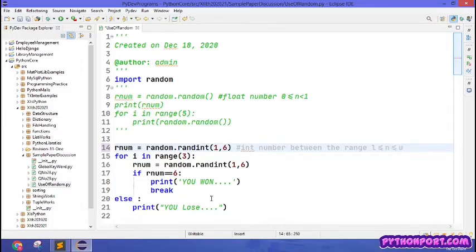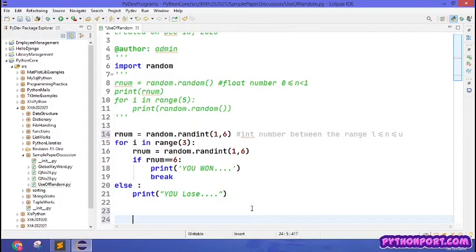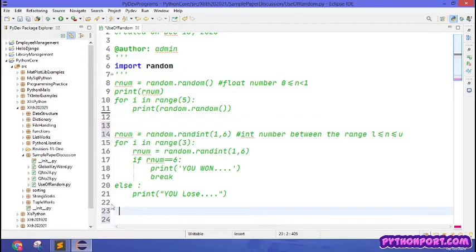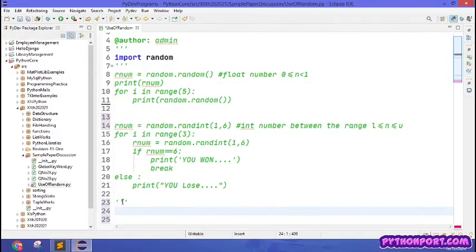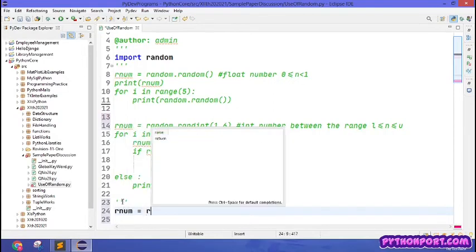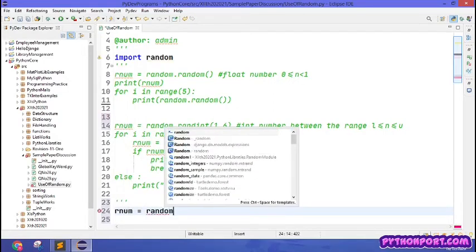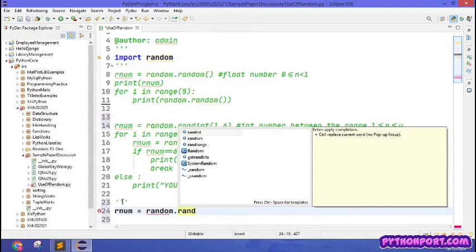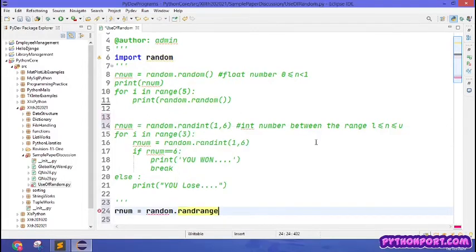Okay, now next, if you are done with this, then we can go for randrange. rnum equals to random dot randrange is the function you see. It also works like randint, but there are 3 concepts in this. One is, if you put directly the 6, then it will start from 0 and go up to 6.